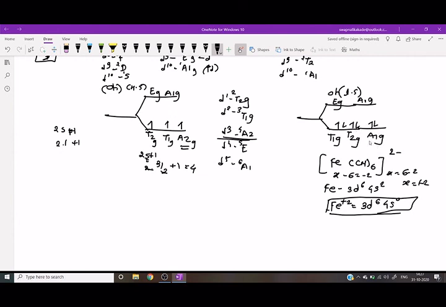Here the last electron goes in A1g, therefore the symbol is A1g. The spins plus 1 by 2 and minus 1 by 2 cancel, each pair cancels. Therefore the spin is 0. The spin multiplicity formula is 2S plus 1, so 2 into 0 plus 1. Therefore the spin multiplicity value is 1. Therefore the symbol is 1A1g.